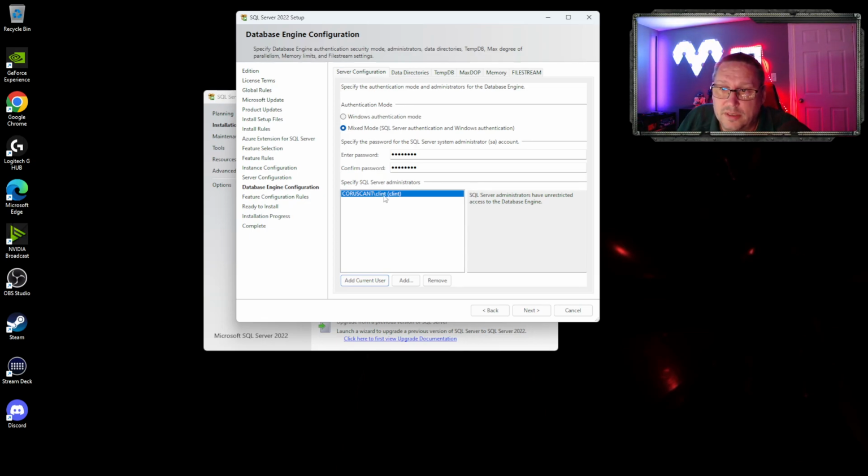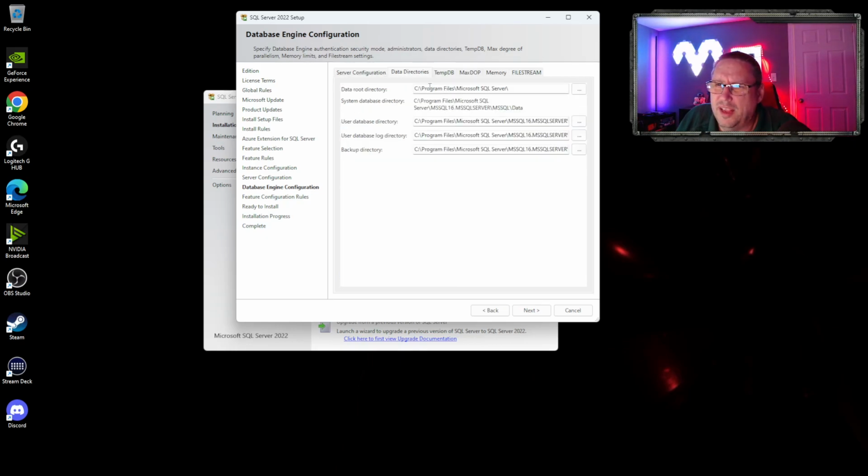I can use my Windows account, or I can use a login with SA and the password that I've entered. Okay. You can go ahead and look at these. You can set where your data directories are. Quite often, you might want your data directory to be not on your C drive, so that if you do